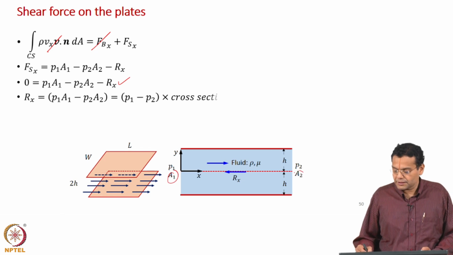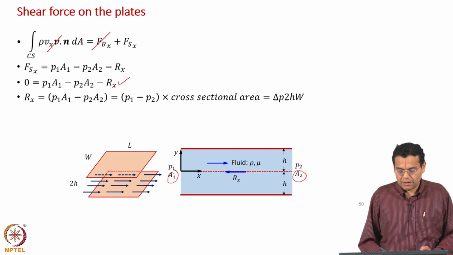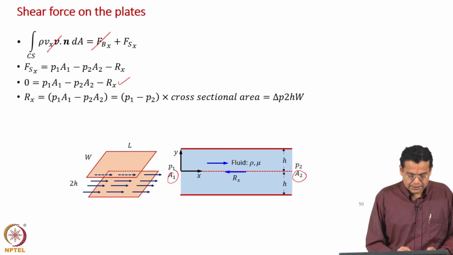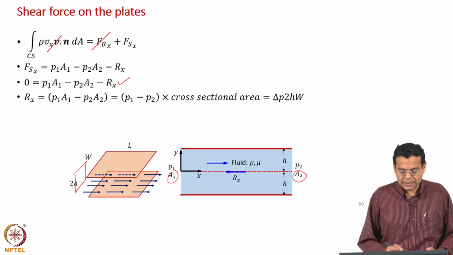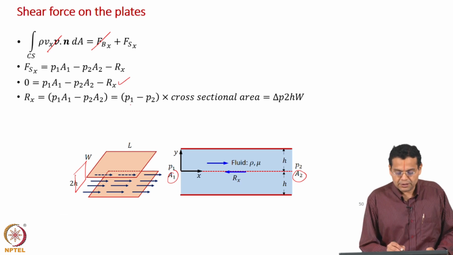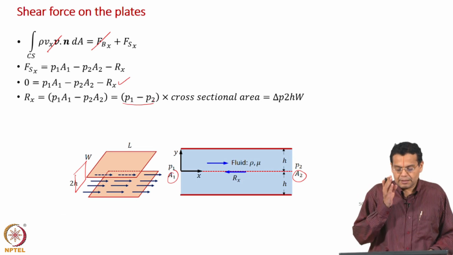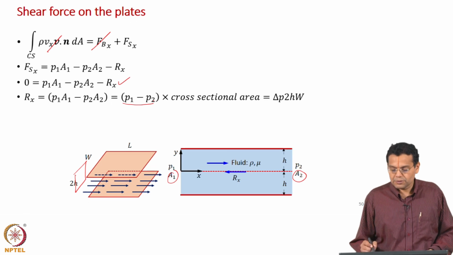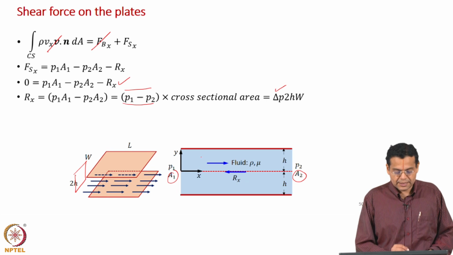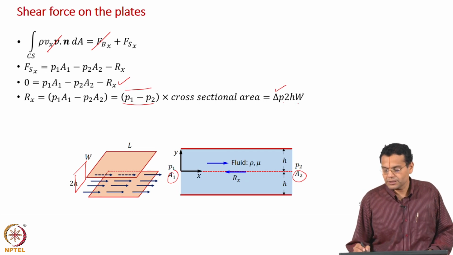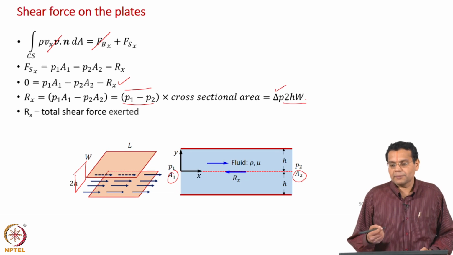though to begin with we said A1 and A2, but what is that A1 or A2? Remember, that is this cross sectional area. So, what is the cross sectional area? 2HW. So, this is delta P. Remember, delta P is in minus out, it is positive. So, P1 minus P2 is delta P. Cross sectional area, as we have discussed now, is 2HW, and this is the same expression which I have obtained